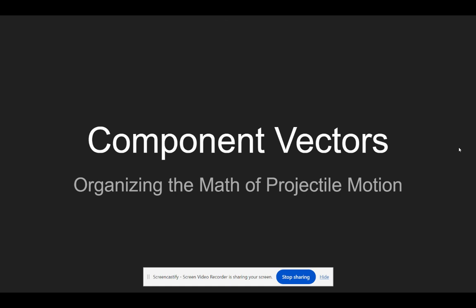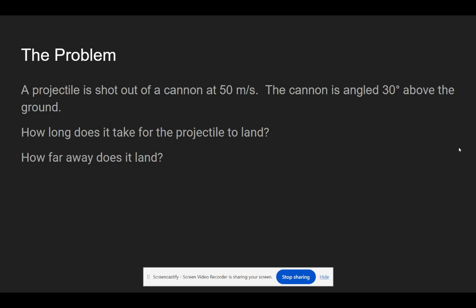All right, so we're going to be talking about component vectors, which are a strategy that we can use for organizing the math of projectile motion. We'll be looking at an example problem together. In this example problem, we have a projectile that is shot out of a cannon at 50 meters per second. The cannon is angled 30 degrees above the ground. The two questions we're looking at is how long does it take for the projectile to land and how far